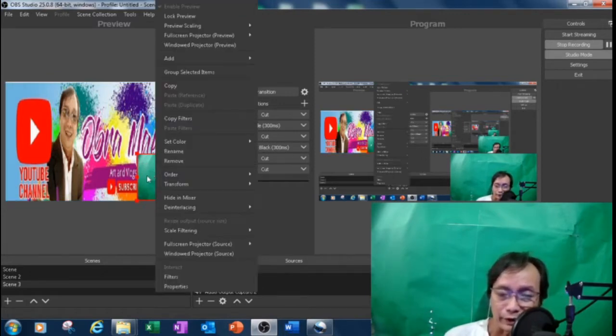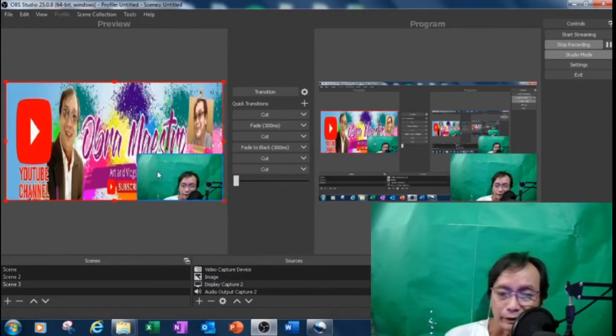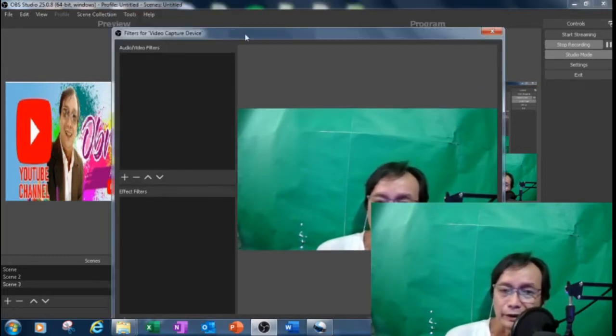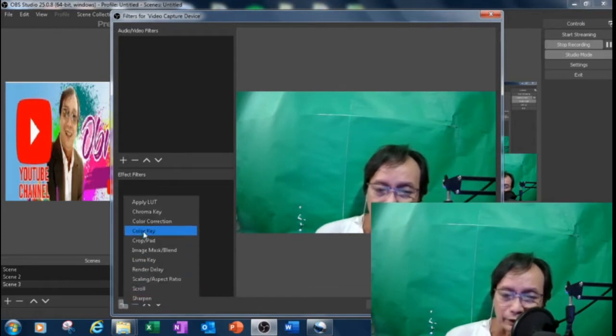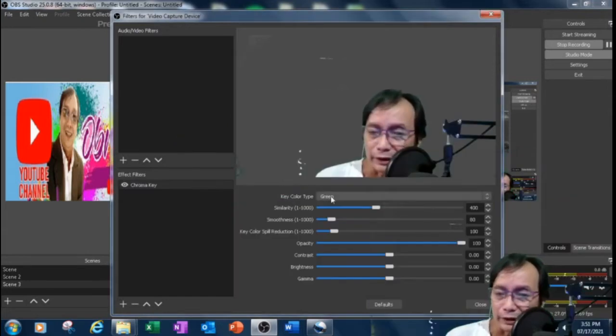So right click on the green screen, right click on the green screen here, choose filters, and then click the plus sign here, and then look for chroma key, click OK, and then green, click the green screen, and then adjust the smoothness, similarity,